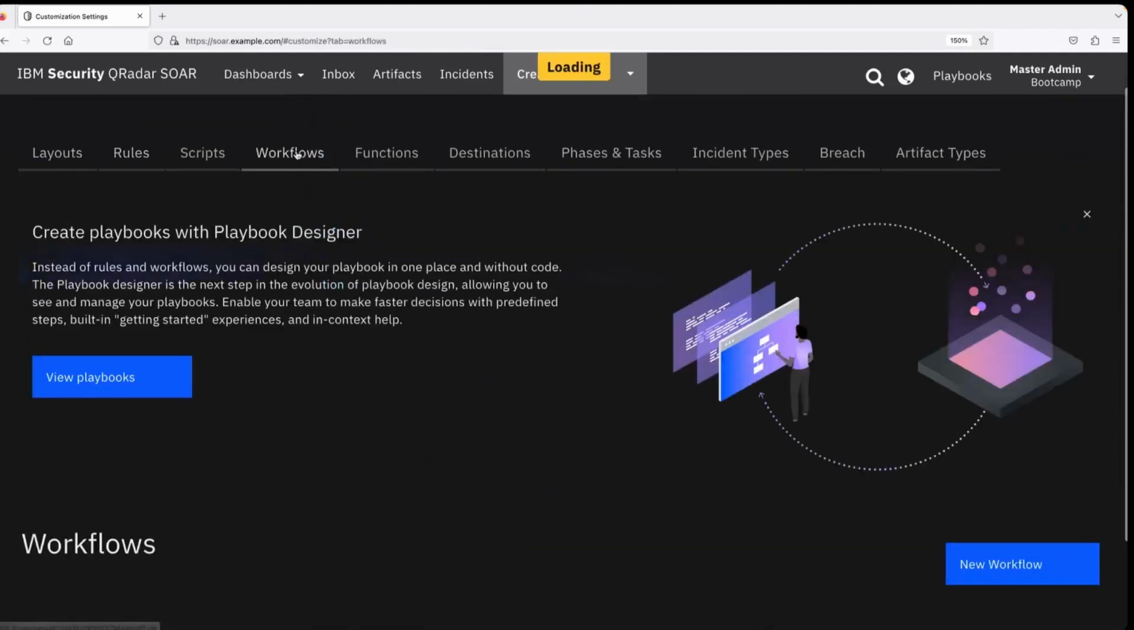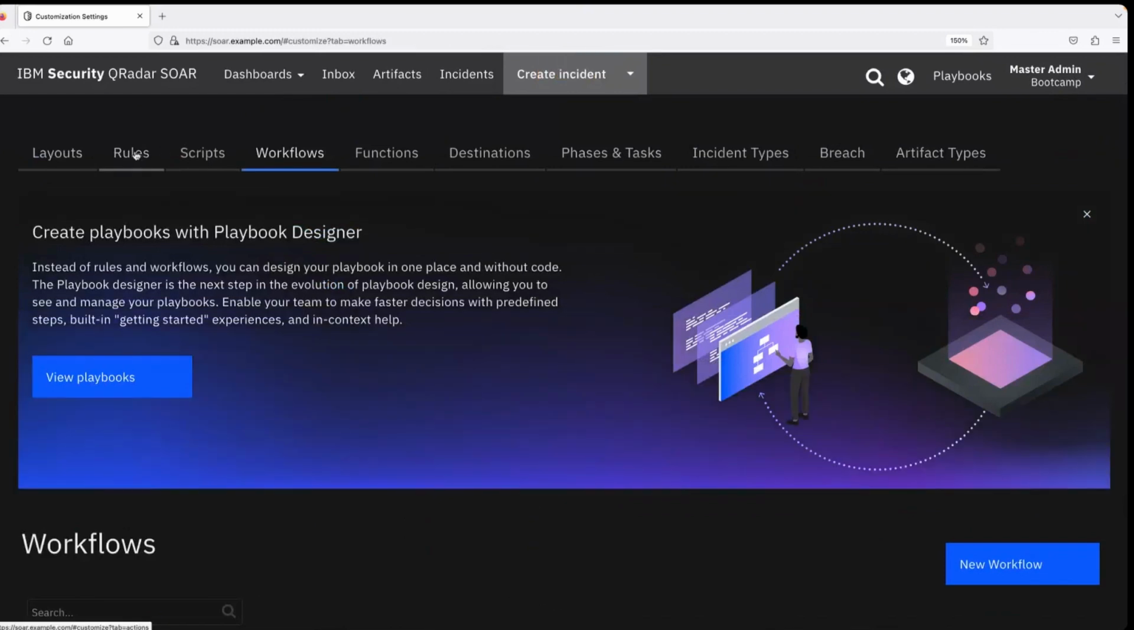Rules and workflows are basically, earlier we used to create rules and workflows to create a playbook, which was known as dynamic playbooks. Right now, if you click on rules and workflows, you see this kind of banner. So it says create playbooks with playbook designer. So playbook designer, which is this one,